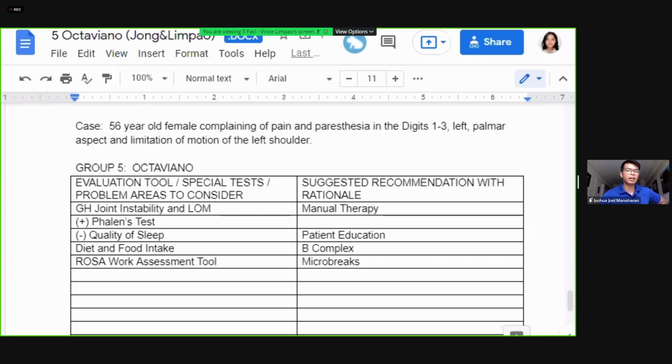We had to examine her emotional state as well, in terms of sleep quality, sleep position, because this also affects her shoulder. In terms of ergonomics also, we decided to assess her workplace, and ROSA, to use a standardized assessment tool, a rapid office strain assessment tool, to see if we can modify or improve the workspace. In terms of treatment,